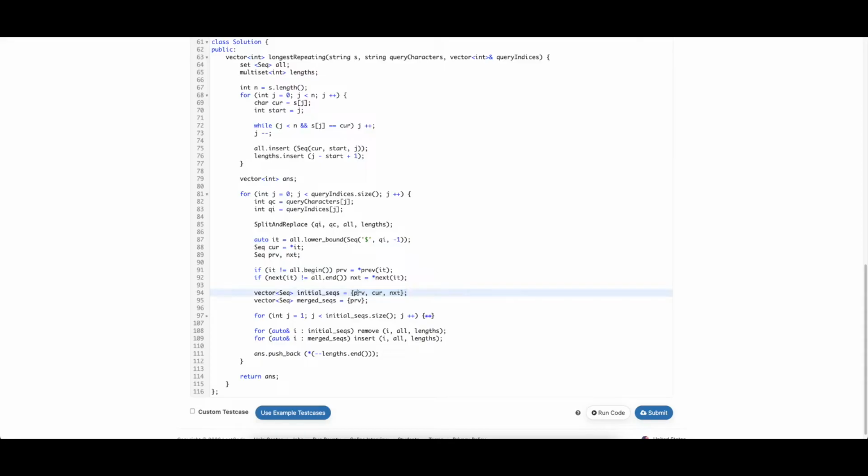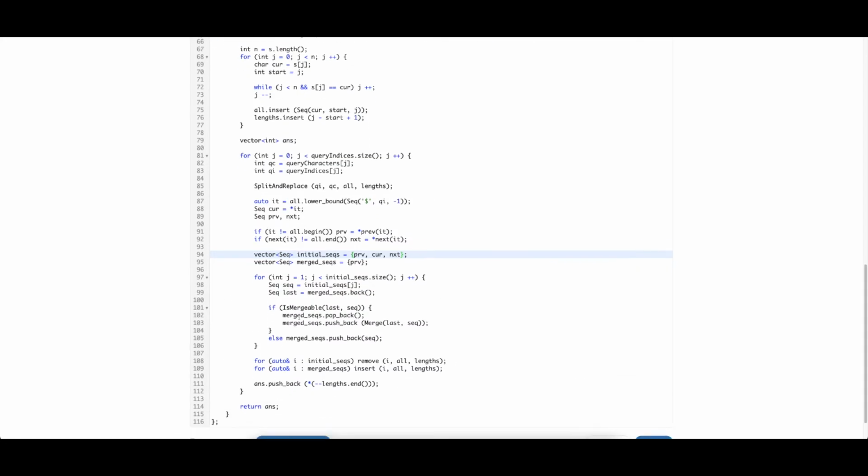So we will try merging previous to current, and then whatever is the result, we will try merging that to next. So initially we have previous. Now we will try to merge current, next, one by one. So from j to 1 to initial sequence size, what we are doing is